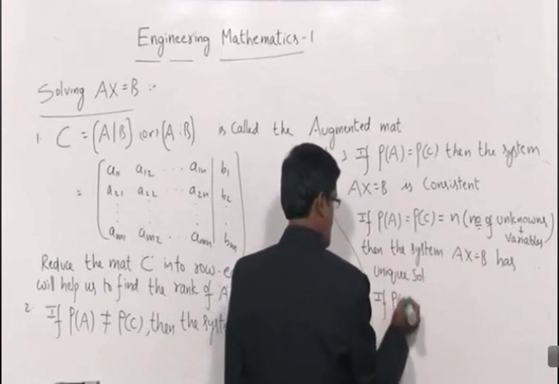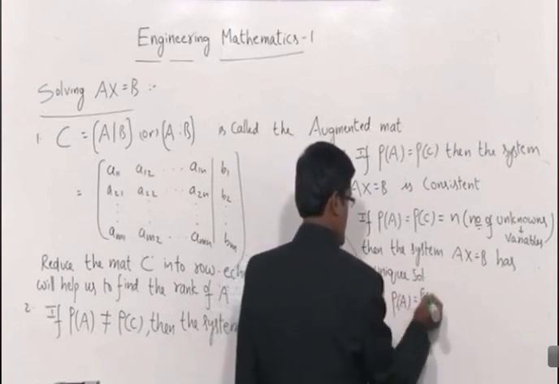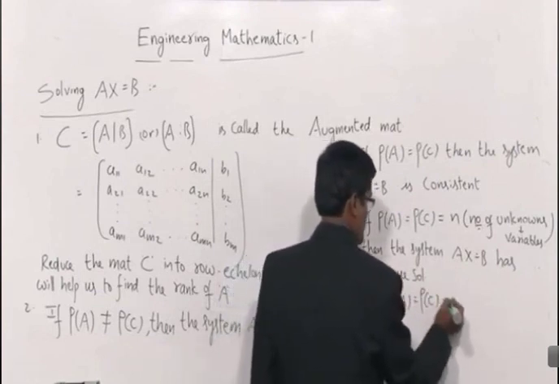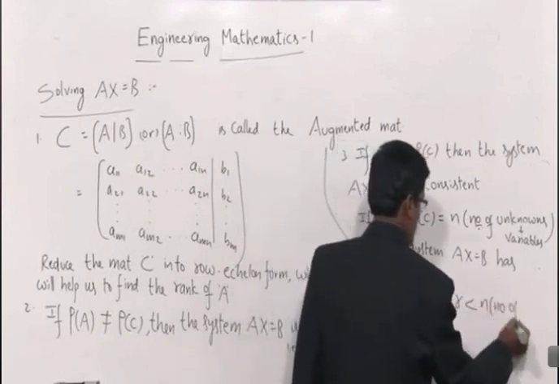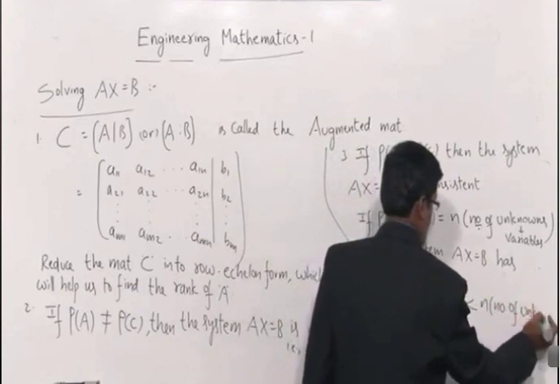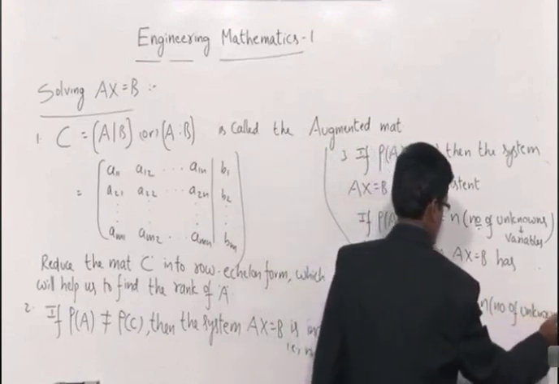If rank A = rank C = some number r less than n, where n again stands for the number of unknowns,